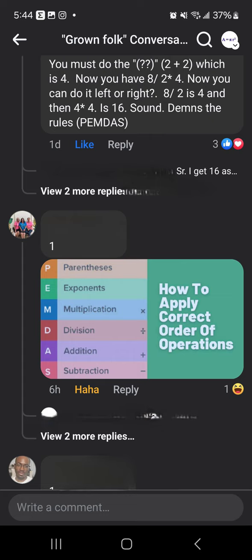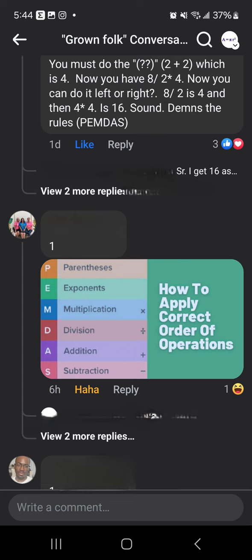PEMDAS, and this person kept posting this picture everywhere saying, well, the answer is 1 because this picture tells me that it's PEMDAS. And they literally typed out that they believed multiplication came before division. And they're using this picture as proof. And I know I've had other videos before where I've stressed to people, look stuff up. Don't just grab a screenshot and think you have a gotcha moment over somebody,